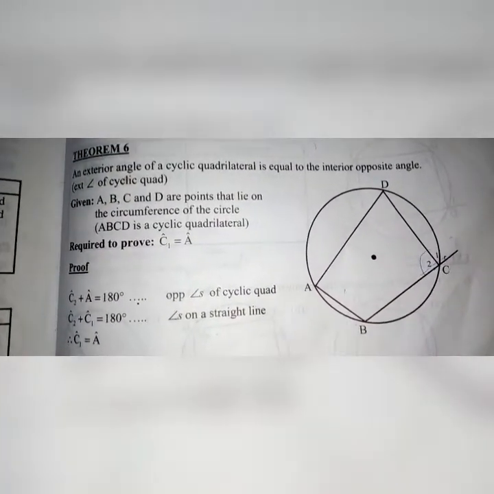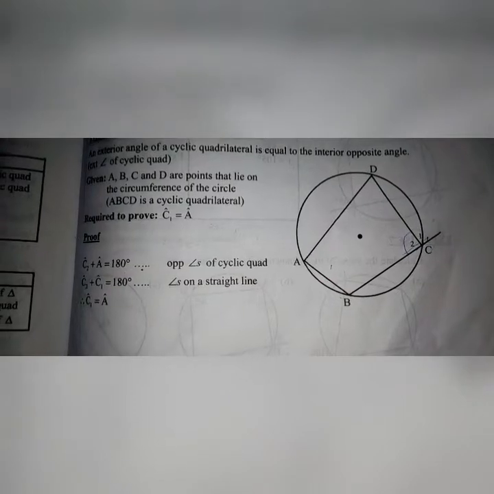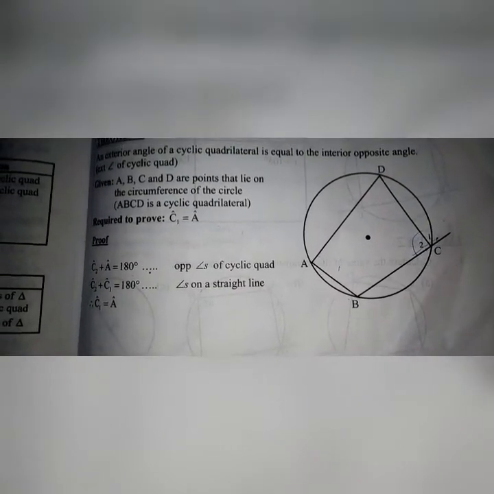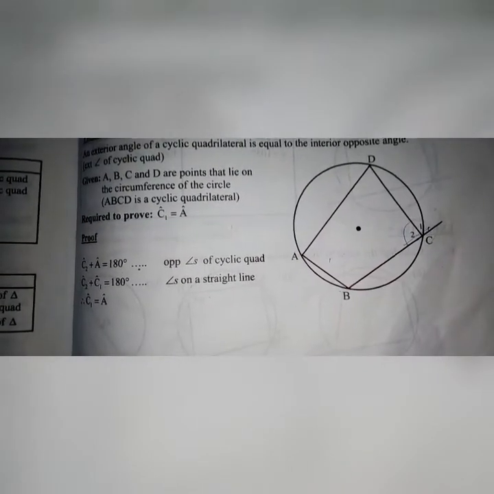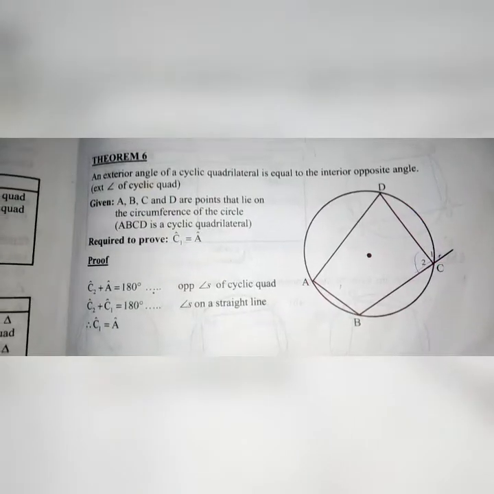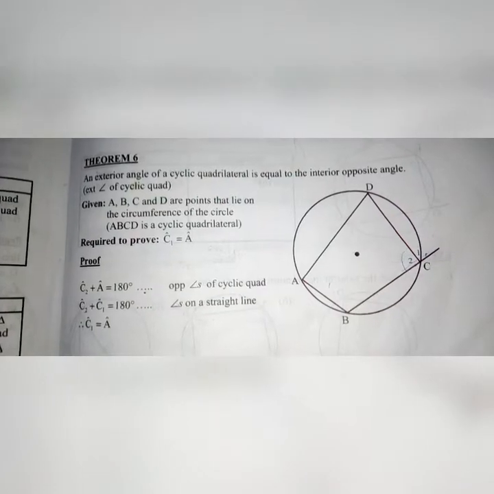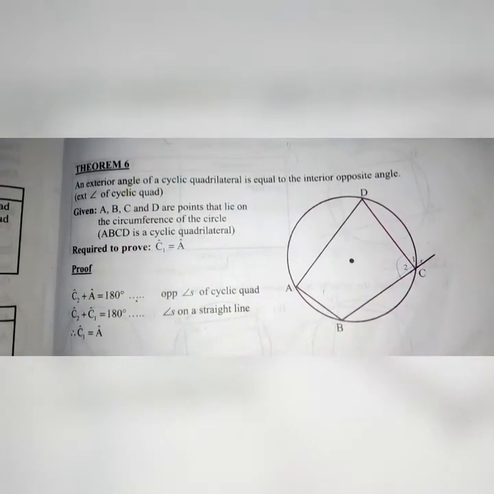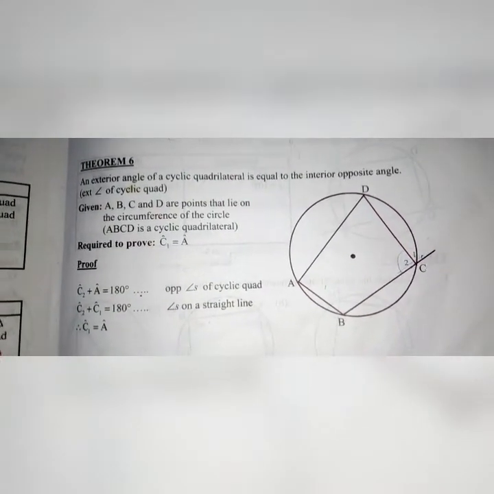Okay guys, now we are on Theorem 6. The proof of Theorem 6 is not examinable, so we're just going to be looking at what reason we have to use when using this theorem, and we're also going to be looking at how we prove that a quad is cyclic. So Theorem 6 says an exterior angle of a cyclic quad is equal to the interior